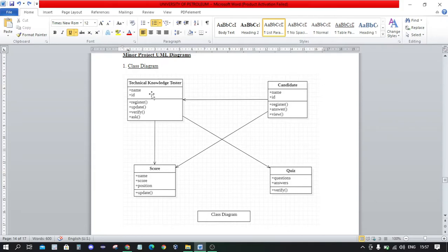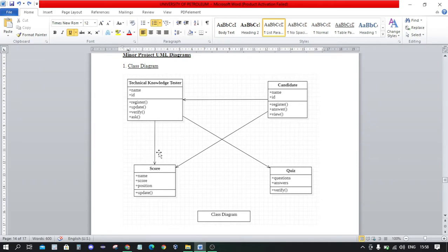Then here comes the score class. After the technical knowledge test has been taken, comes the score part. The score part contains attributes like the name of the candidate who has applied in the technical knowledge test, or who has scored the highest marks, and his score is represented here.